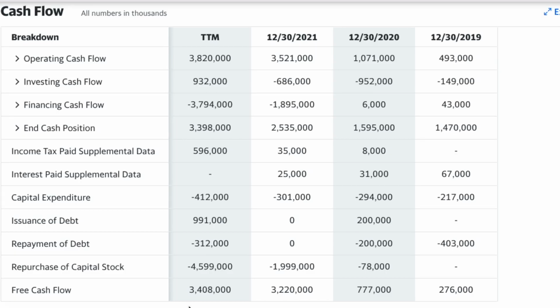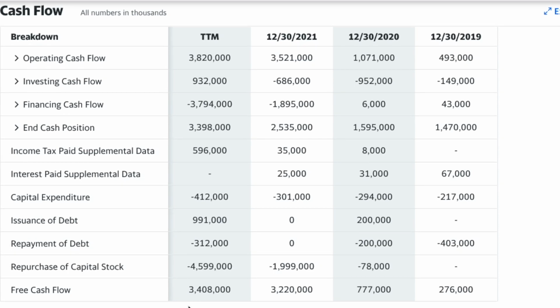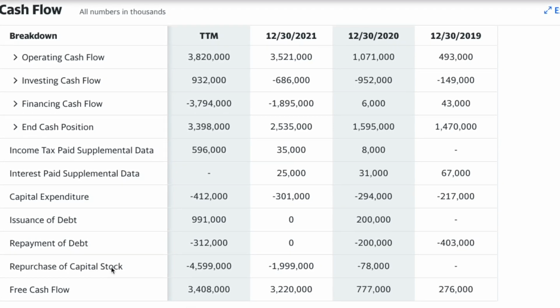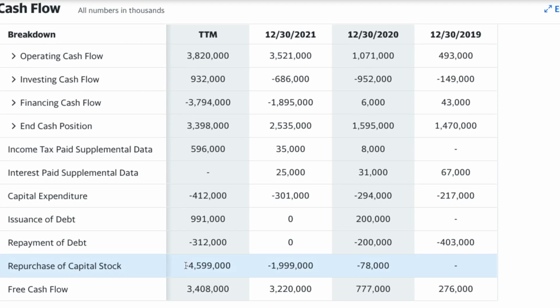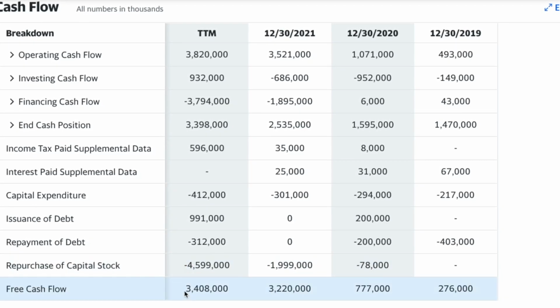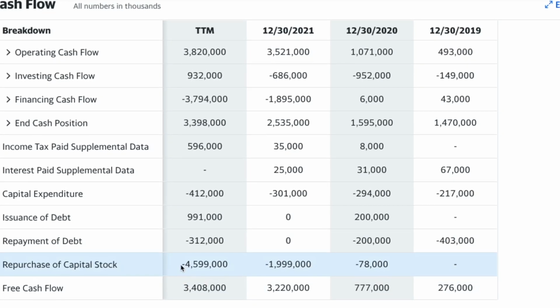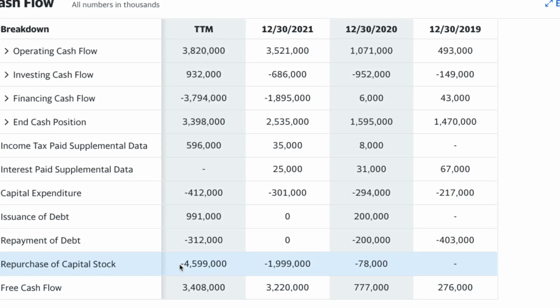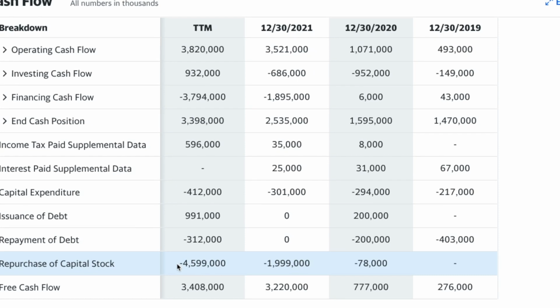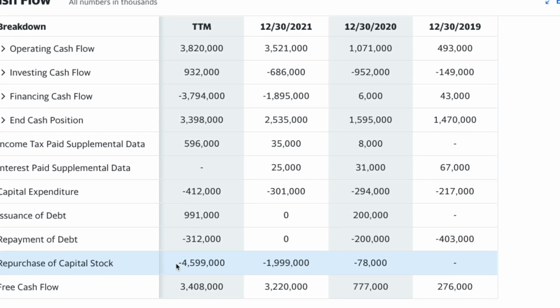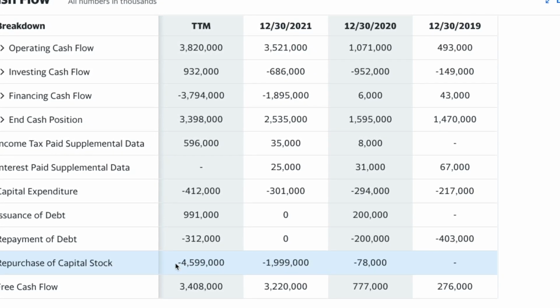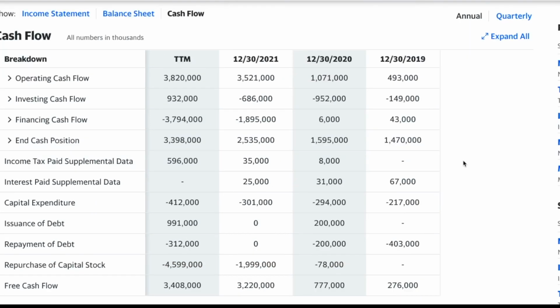The red flag, I would say, in this whole cash flow is the repurchase of capital stock. The free cash flow the company has is around $3.4 billion, but what we see here is that the company has bought back even more than that, which is a bit concerning. Why are you buying back your own shares if you do not have enough cash for it? So at the end of the day, what you have to look for is that